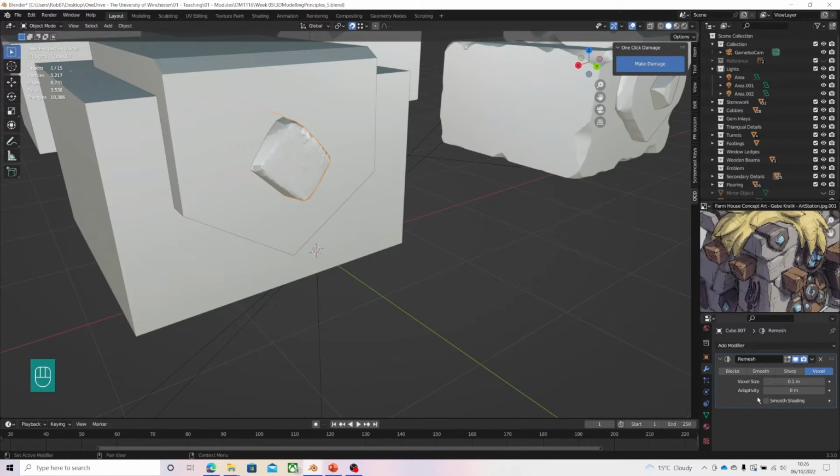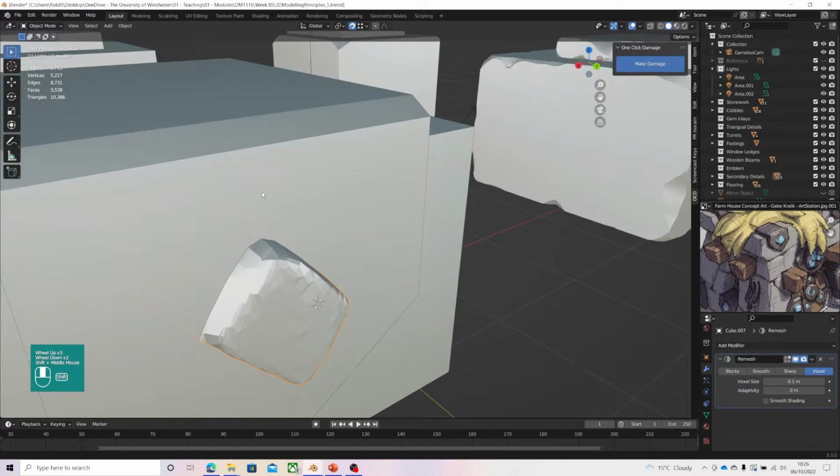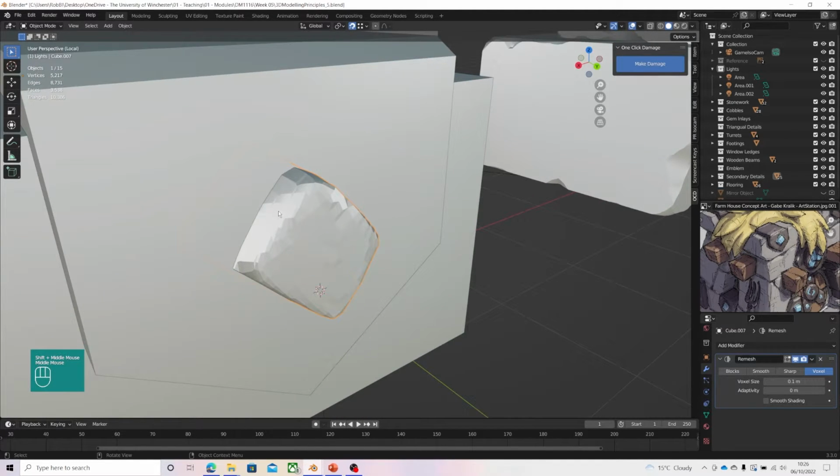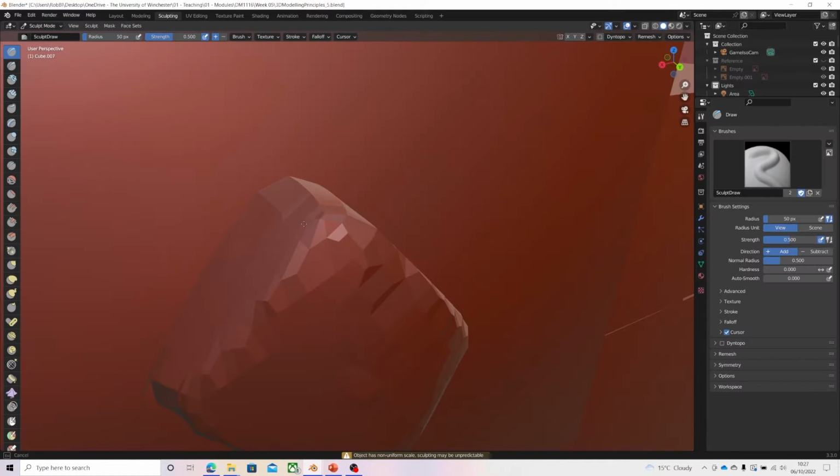So we'll find remesh, and what this is going to do is take the mesh that we currently have, and try to make a higher density version of it. So instead of it being maybe 30 polygons or whatever we were at that point, it's going to up-res that to maybe a few thousand, so that we can then start to deform it. What you may find is that you need to change the voxel size, etc., or whichever mode you're actually using. You need to tweak these to work to the correct level for you. So if we were to do that and dive into sculpting now,